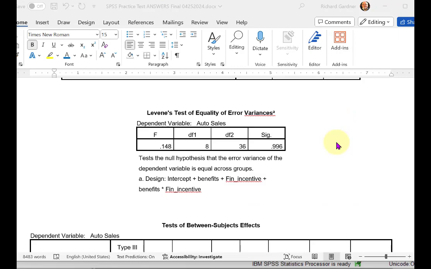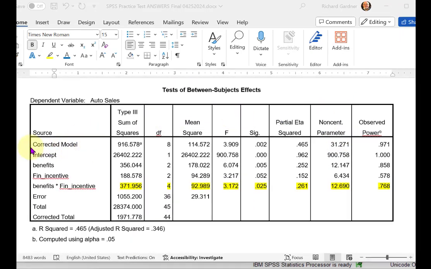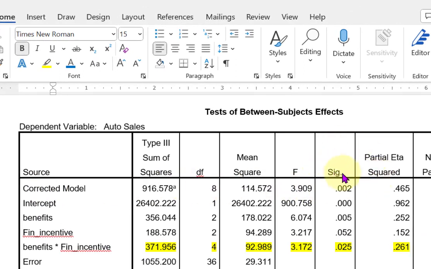And here is the output from the whole chimichanga. There was a significant omnibus F, which means there's a difference in there somewhere. Now we look at the main effects, in other words, each individual nominal variable. The first one is benefits, and the sig value is 0.005, which means that there was a significant difference in